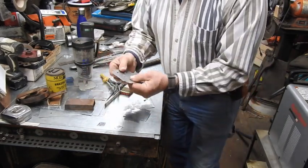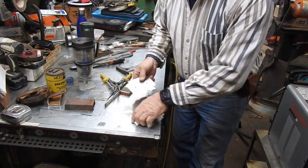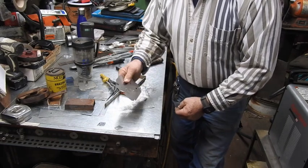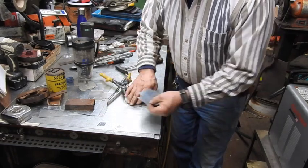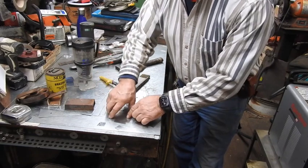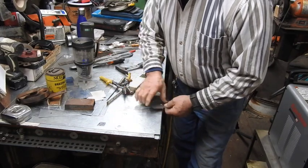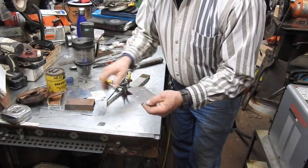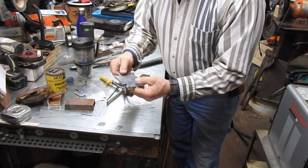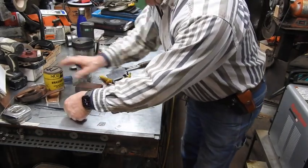Now another thing that I do is I'll put these pop rivets in here so that whenever I throw it down on the table, it's easy to slide to the edge and pick up. If you have just a flat metal there like I've got these guys here now, a lot of times you just can't pick it up. You've got to use two hands. So whenever you put these on here, it allows you to go ahead and pick them up with relative ease. So the next thing to do whenever you're using this,